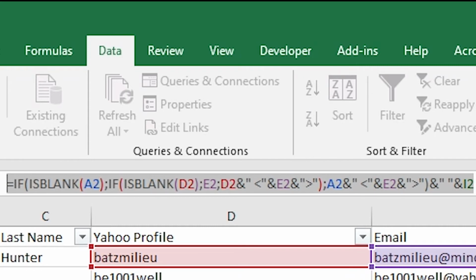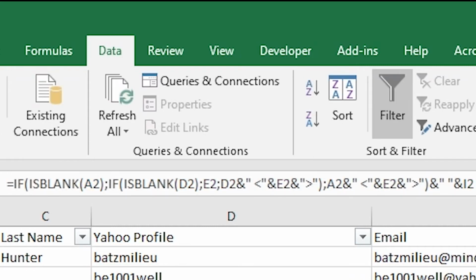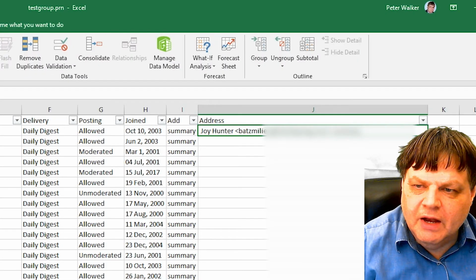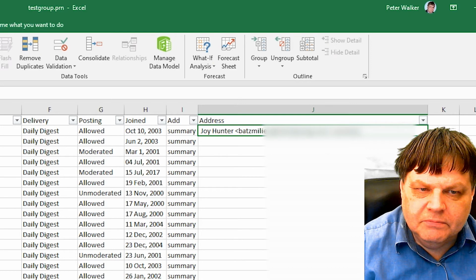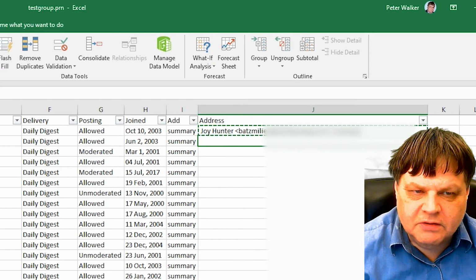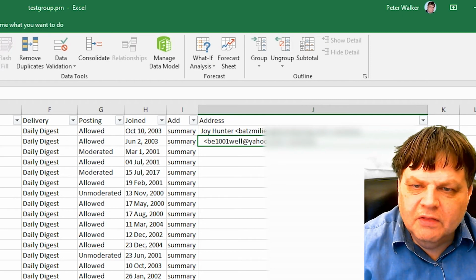and basically what it does is it looks, first of all, if there's a name under full name. If there's a name under full name, it uses it. So you get Joe Hunter at the email address and then summary at the end, so it knows the delivery option. Now the next line, I'm just going to copy and paste this. The next line,